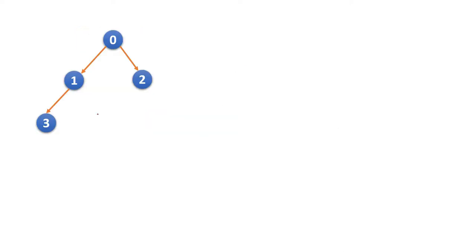Now let's quickly check how we can do DFS on a graph. Suppose we are starting our DFS from this node 0. Then we have to check what are the adjacent nodes for 0, that is 1 and 2. We have to pick any one. So first we will visit 0 and we will print 0. Then we come to 1 and check the adjacent nodes for 1. That is 3. So we print 1 and proceed. We go to 3, and for 3 we can't see any other adjacent node. That means the part of 3 is over. So we'll print 3 and we'll come back, then come back, and from 0 we'll go to 2.